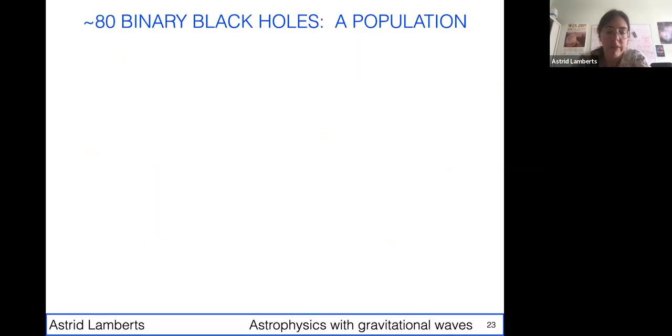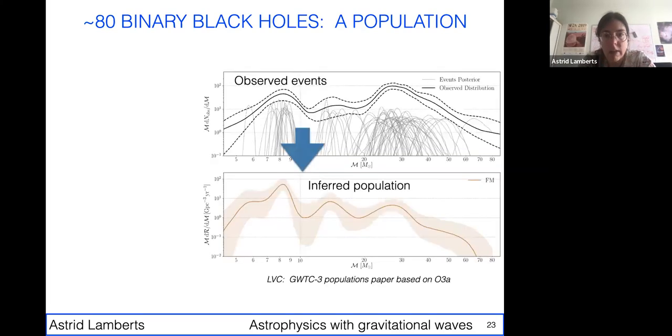So the latest available gravitational wave data is based on the third gravitational wave transient catalog that LIGO, Virgo, and KAGRA published. And in there, we have about 80 binary black holes. On the top here, I'm showing the chirp mass of the observed events.